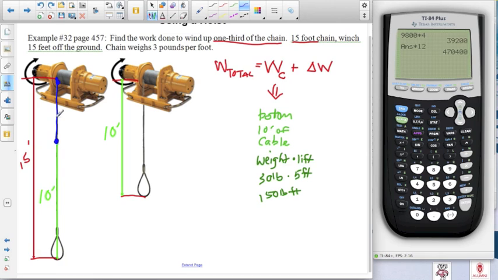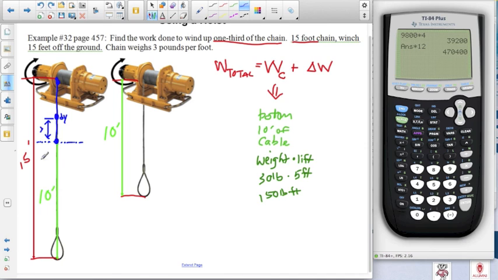So we're going to take an incremental link somewhere in the middle, so to speak. That's going to be our dy, and we'll consider that incremental link at a distance of y above the origin. So again, when it comes to determining your coordinate system for these type of problems, I always pick my coordinate system to be the lowest portion of that variable part of the picture. So there is my origin, and so this incremental link is a distance of